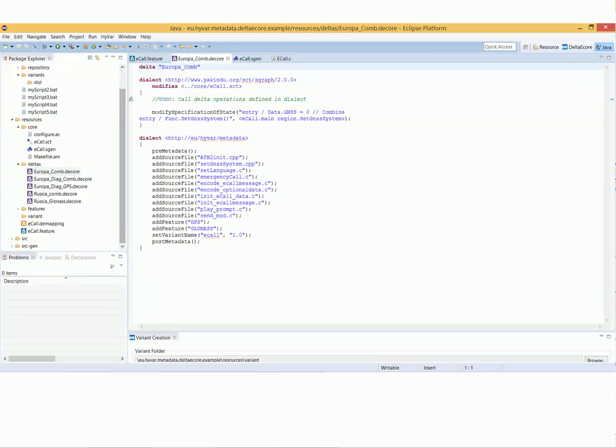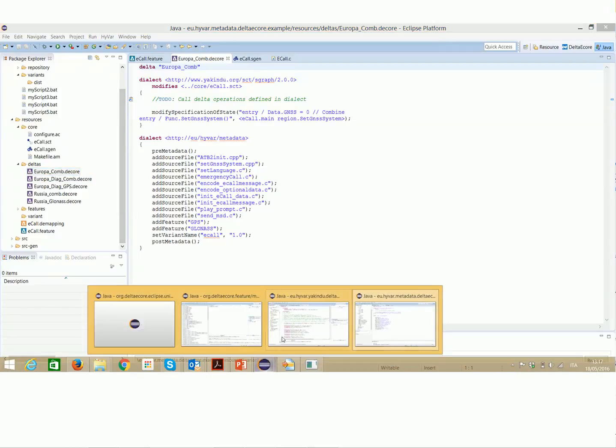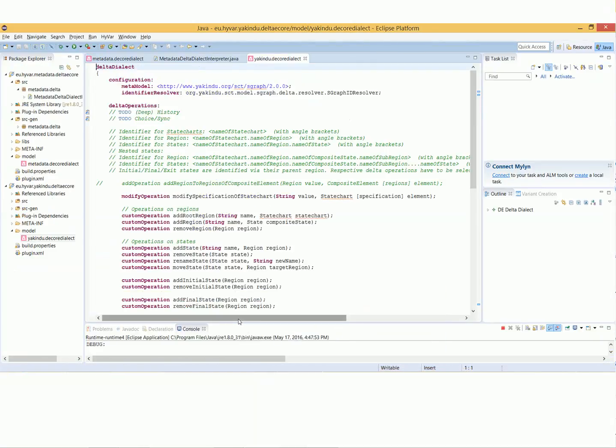Using the Delta Ecore plugin, an extensive set of Delta operations on Yakindu state diagrams have been defined. Incremental modifications can be applied to states, transitions between states, and diagram specifications.